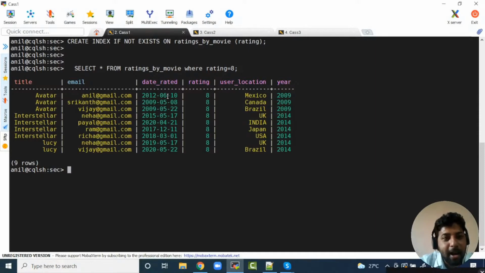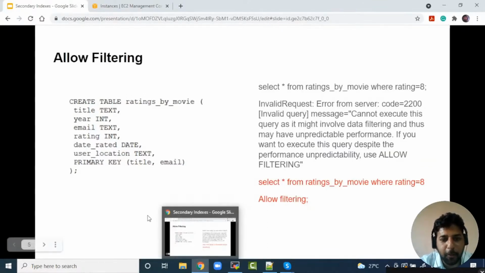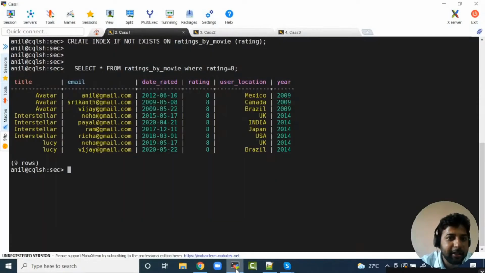Now, here comes one more point. If secondary index is giving output properly, then why did you tell me to duplicate the data? When I want to look up by email, why can't I create a secondary index? Why did you tell me to duplicate it, and now you're telling me to create an index and get the output, right? So this is where we're going to complicate things. A little bit more focus is needed.